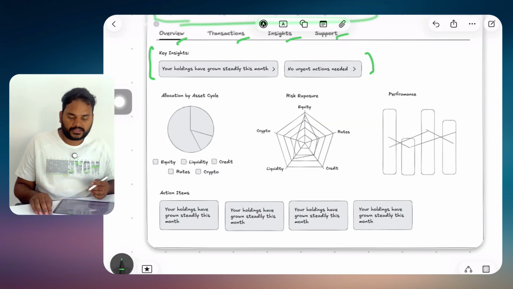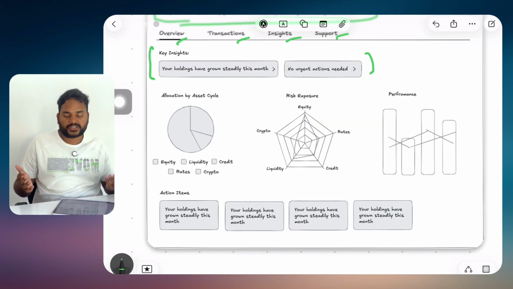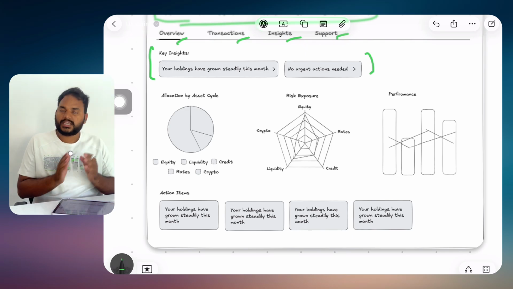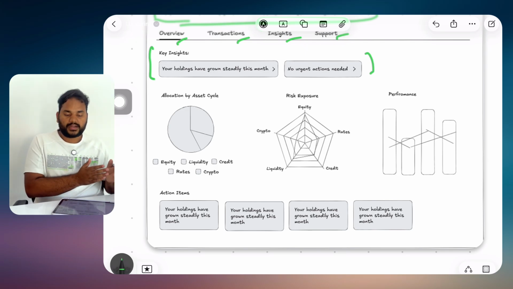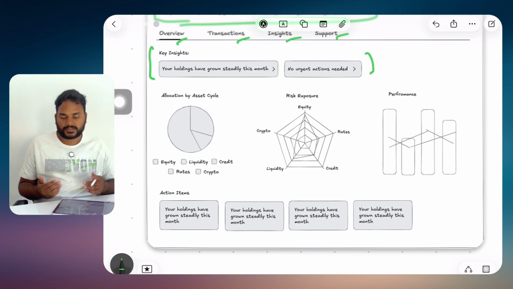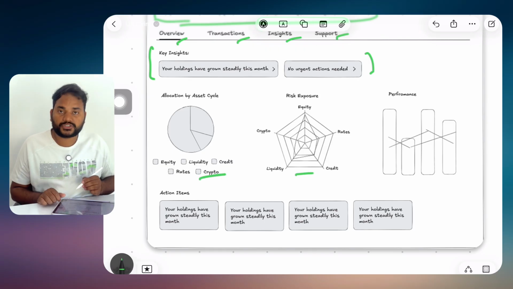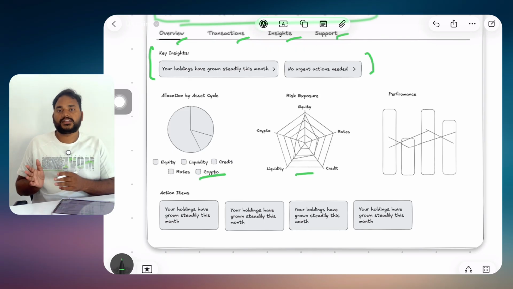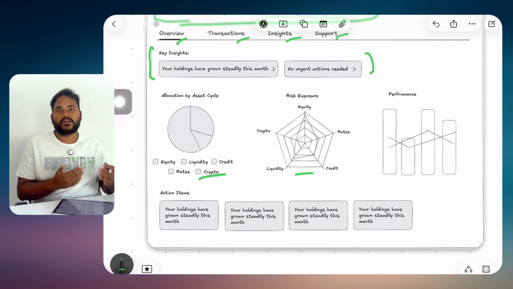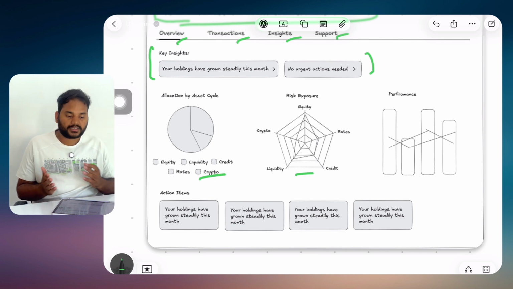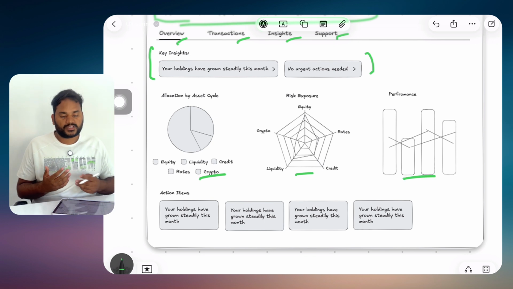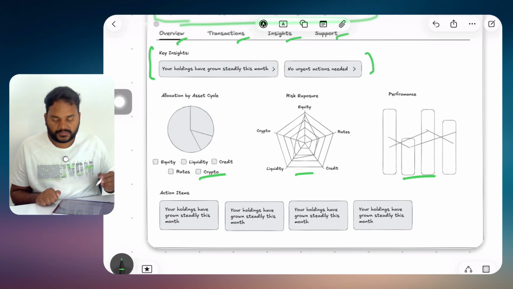Here, instead of going with multiple longer pages or a longer screen, I went with the 3 main graphs we could have, and how these 3 graphs will be helpful for the user. The first one is allocation, which will give the diversification information. Next is risk exposure, which will inform the user whether their portfolio is on the stable side or they need to take instant action. So what is the risk? The third one is performance, like how their investment is going. And last, we have action items to take action.